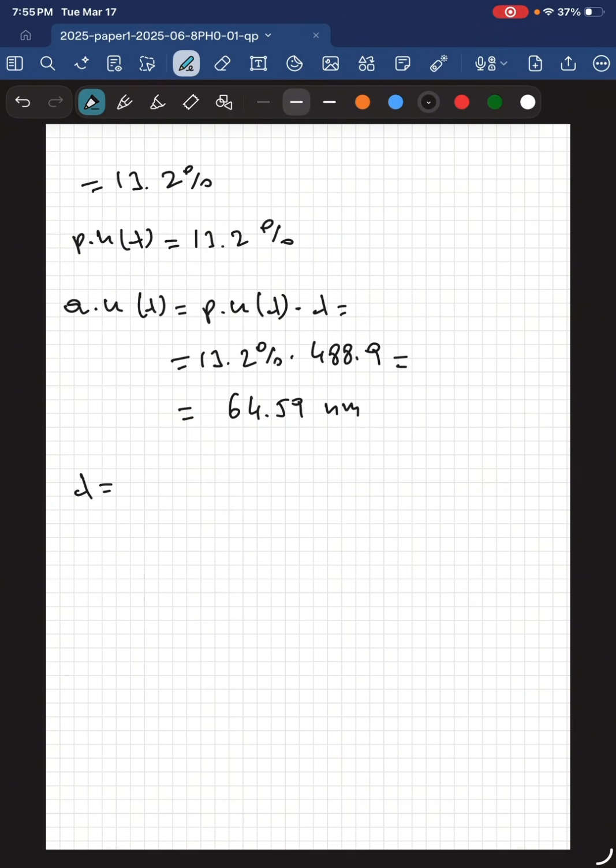So lambda is going to be 488.9 nanometers plus or minus 64.59 nanometers. So if we add, we find lambda max is equal to, let me add that, 488.9 plus 64.6 pretty much. So